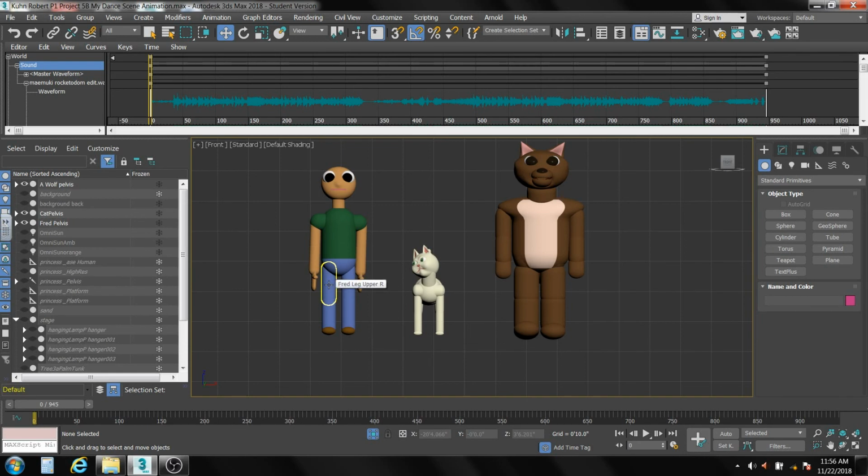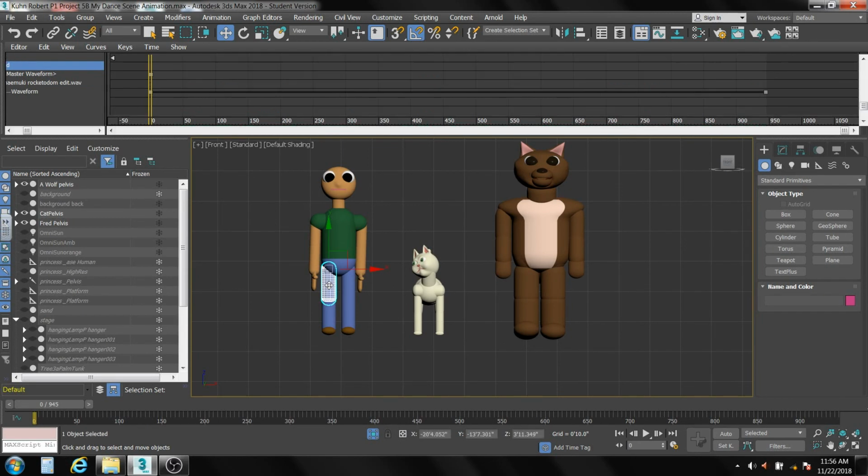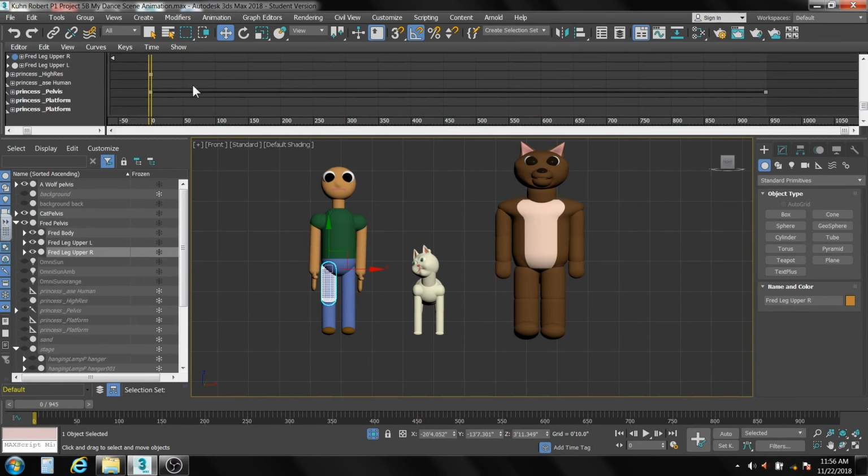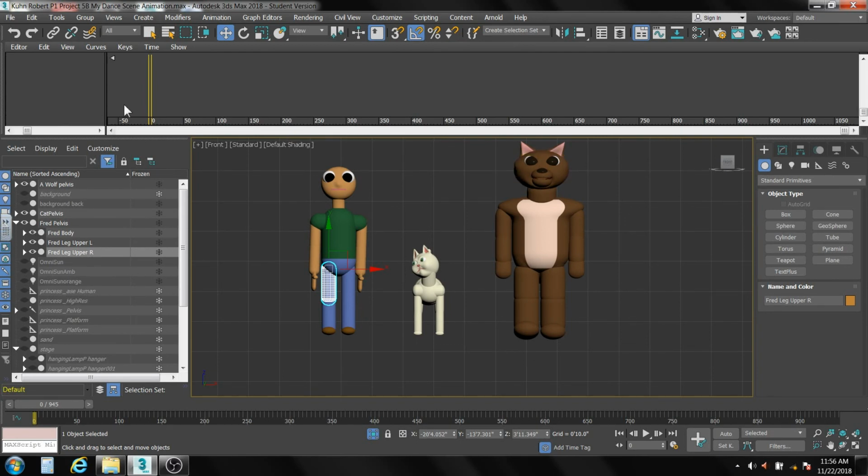Okay, let's see one other thing. Check this out. So if I want to select on old Fred's leg, what happens is that it jumps to Fred's leg. And it thinks that it's helping you out. But it's kind of a pain because really all I want is that waveform. So what I'll do is I'll go to show, right up here where it says show, and then it has track view auto scroll, and it's probably got selected. So I'm going to unselect that,